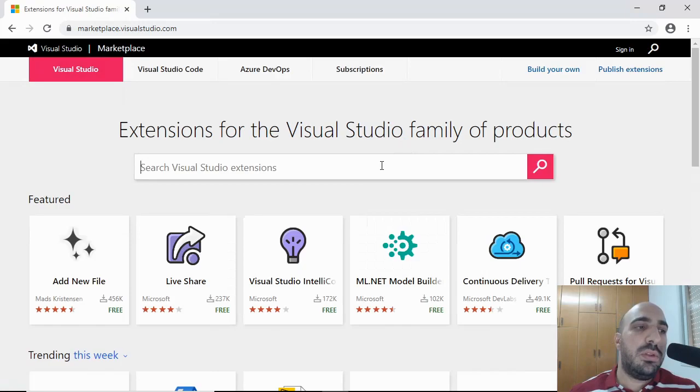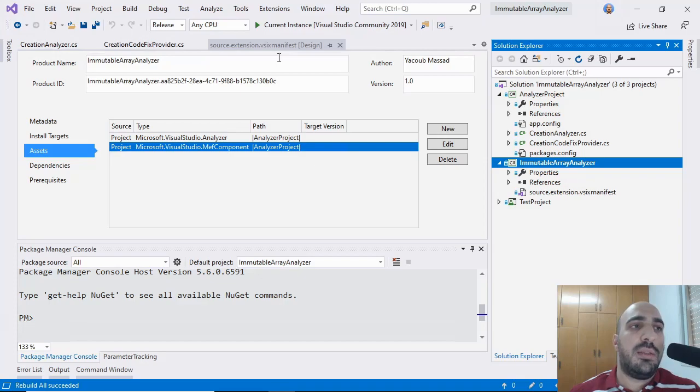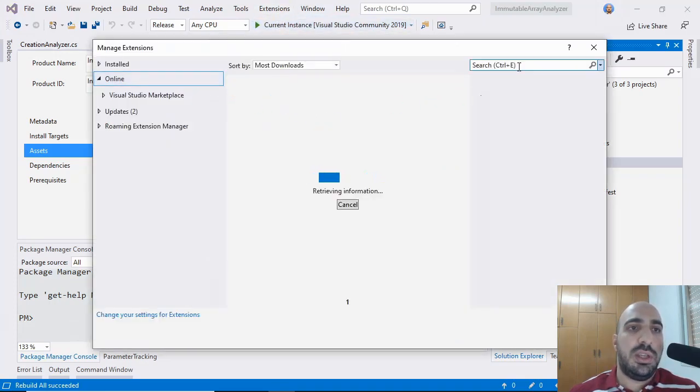I'm not going to go into details of how to do that, but once you publish your extension to the Visual Studio Marketplace, other developers can download it from here. They also can find it in the Extensions Manager from Visual Studio by searching for it here.